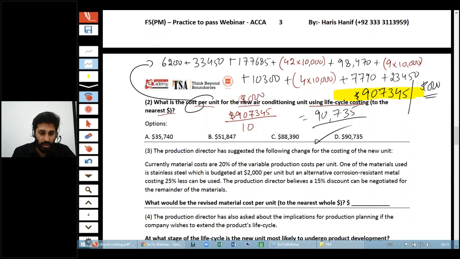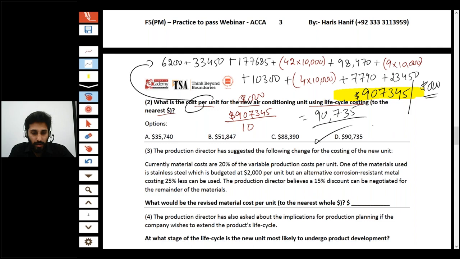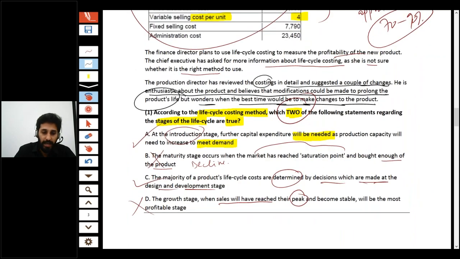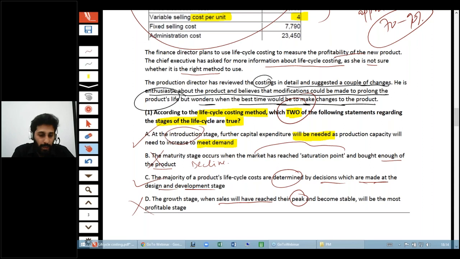Question number one, option A. First, note it down. It quite may be possible that you are noting it down. All right. That's question number one, option A, at the introduction. Is this what you were talking about? All right. Now, in this,